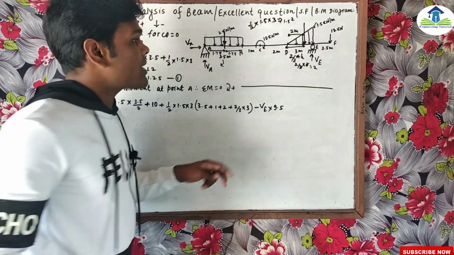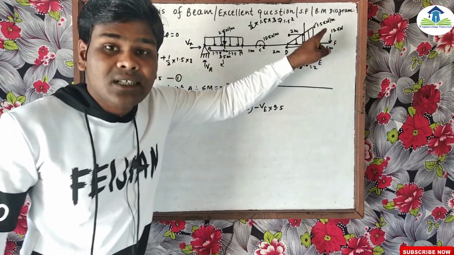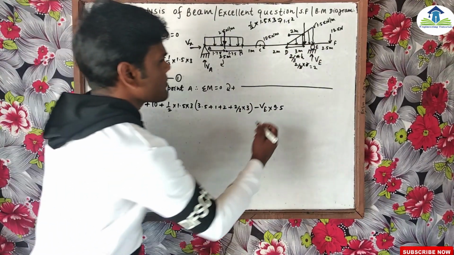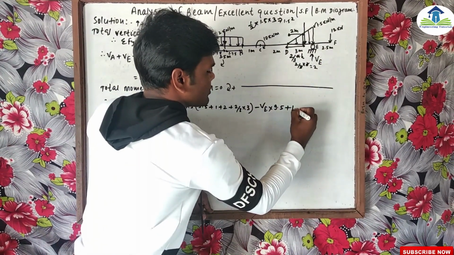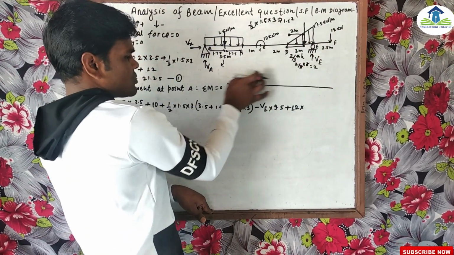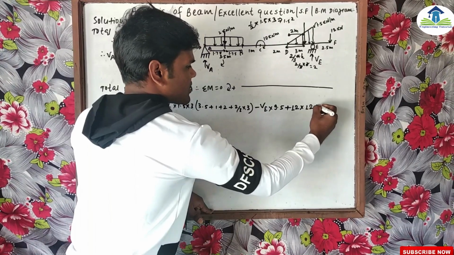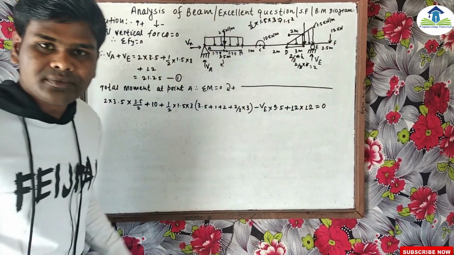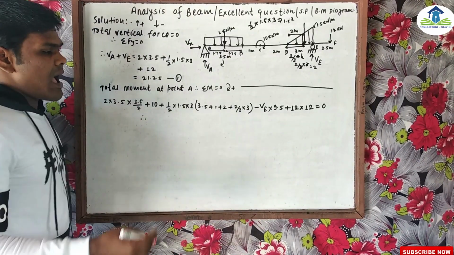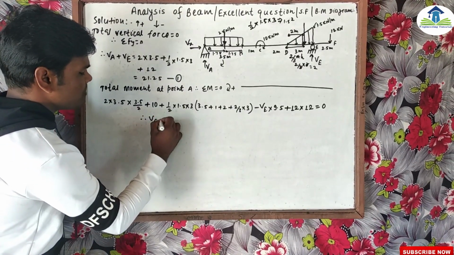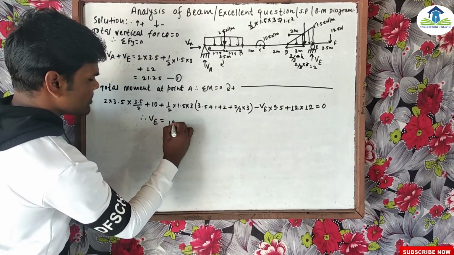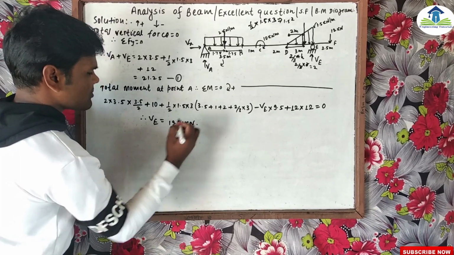And what other force is acting? This is the 12 kN-m. This is also clockwise. This can rotate this way, so it is clockwise, so positive. This will be positive. And at what distance is this force acting? This is at 12 meters, and the total is equal to 0. I hope you can understand. And if we calculate, we can find the value of the vertical force VE. This is 19.51 kilonewton.